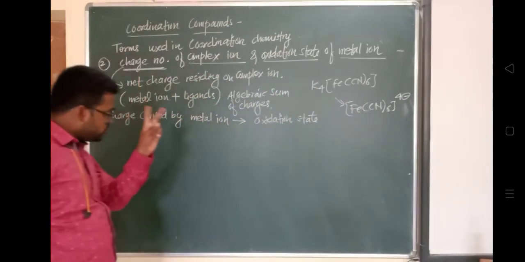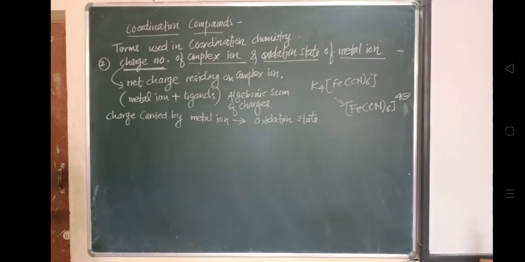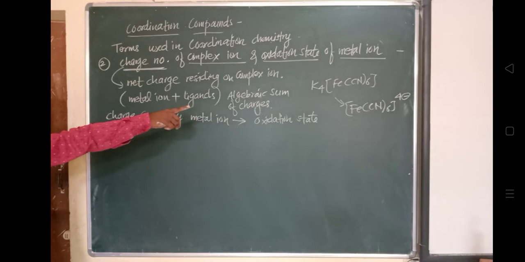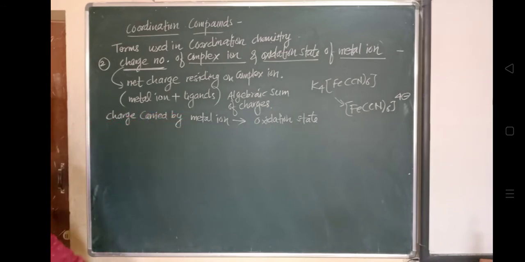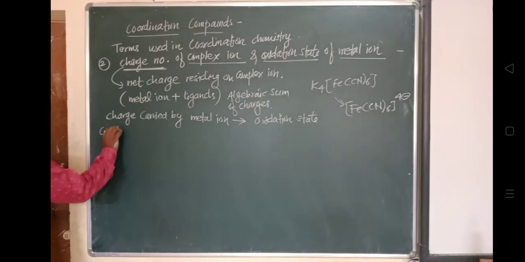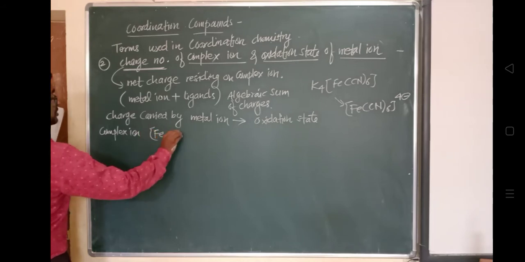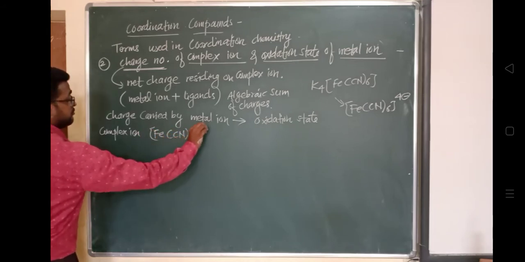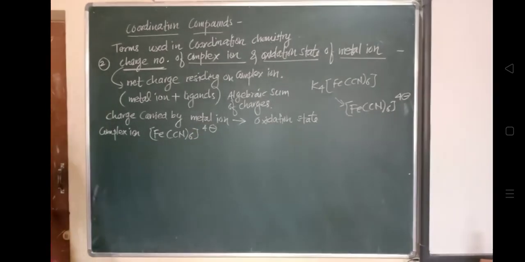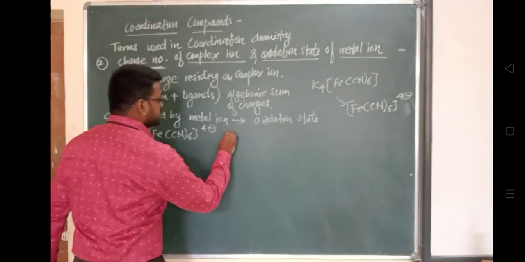-4 is the charge number in this case. Okay, इस complex ion के ऊपर जो charge है वो कितना है? -4 है. It can be utilized to calculate the oxidation state of Fe. तो चलो कैसे निकालते हैं? So charge number of complex is -4 and the formula that you have to remember: charge number of this complex ion will be equal to the oxidation state of a central metal ion.